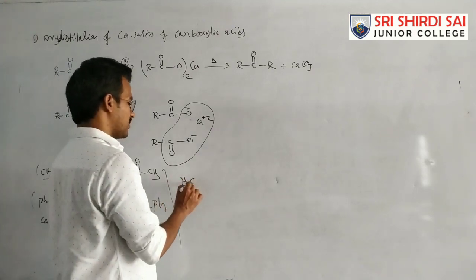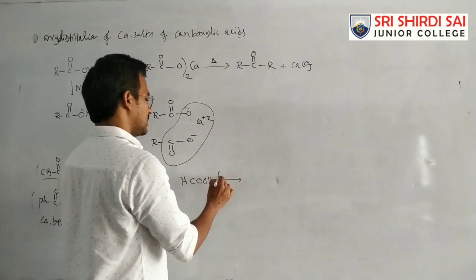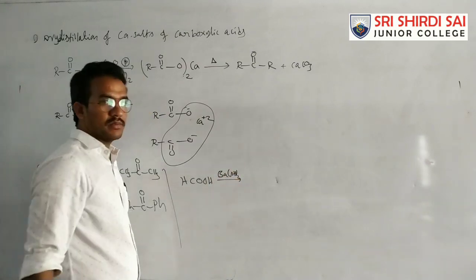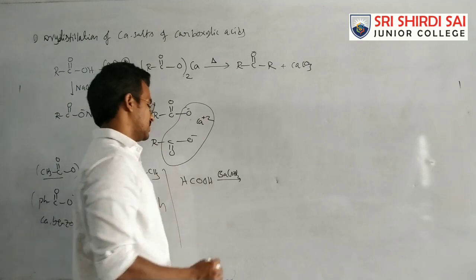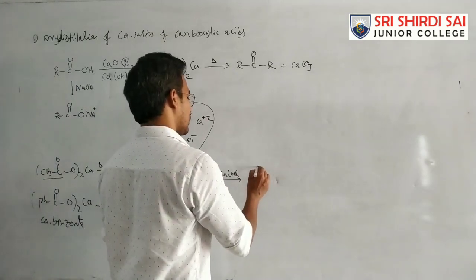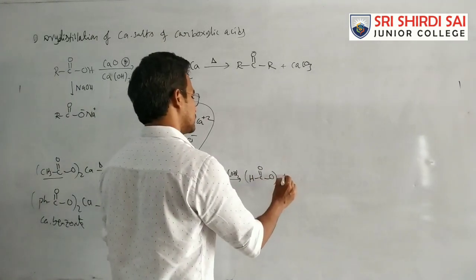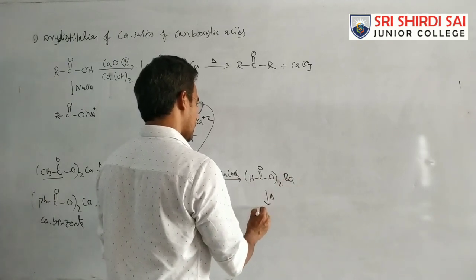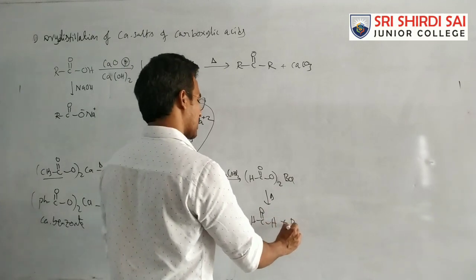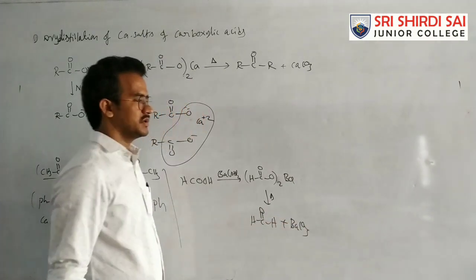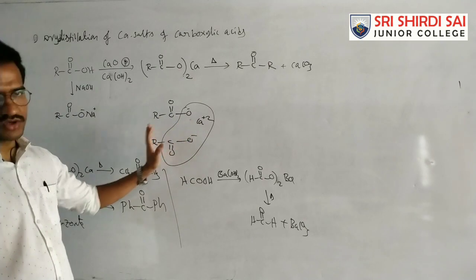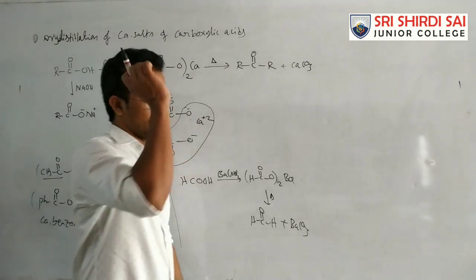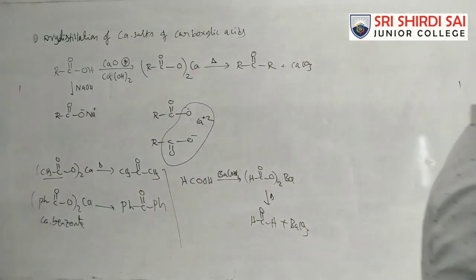For example, here formic acid on treating with, for suppose, barium hydroxide also. We can take the barium hydroxide because that is also a base. So in this case, HC double bond O twice Ba. So this one on further heating gives HC double bond O H plus barium carbonate. That is a simple reaction, just take the open structure, remove CaCO3, RCOR. That's it, the formaldehyde.